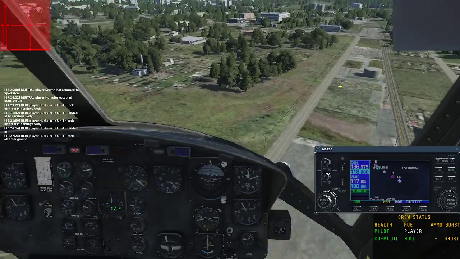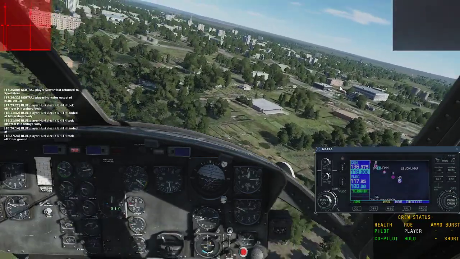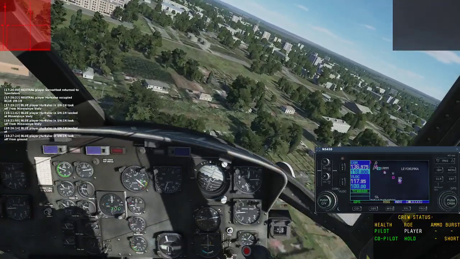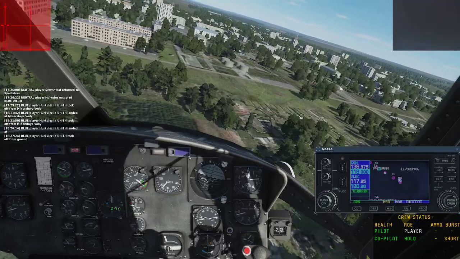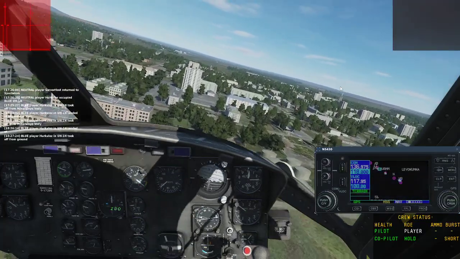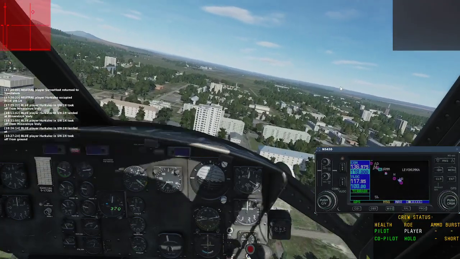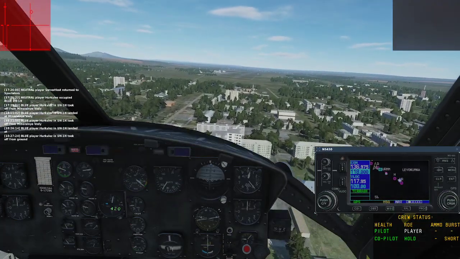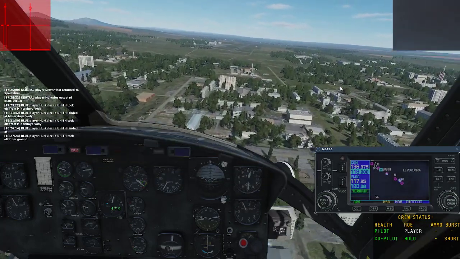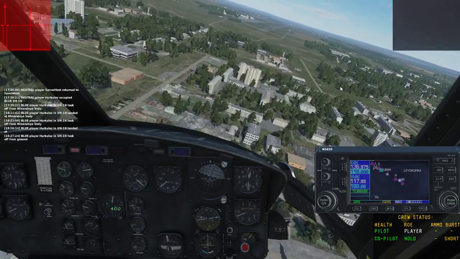The problem is flying in that mode whenever it doesn't follow the tail. I don't know if there's any way to lock that camera or not. When I get real good, I'll land on top of one of these taller buildings. I ain't that good yet. So there's a tower over here somewhere to our